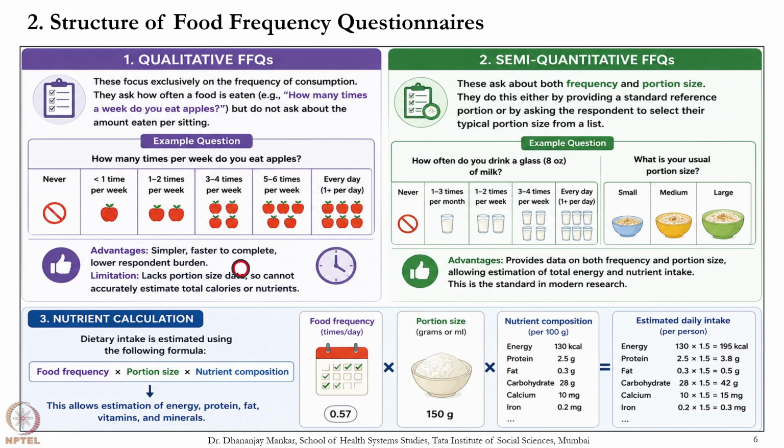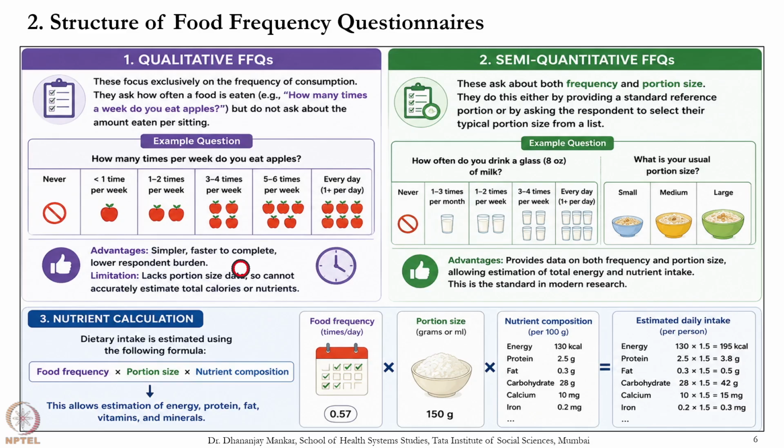In the semi-quantitative FFQs, they ask about the frequency and portion size, which is missed in the first part. So these ask both frequency and portion size. Frequency, which is taken in the first part, is added to the portion size. They do this by providing a standard reference portion or by asking the respondent to select their typical